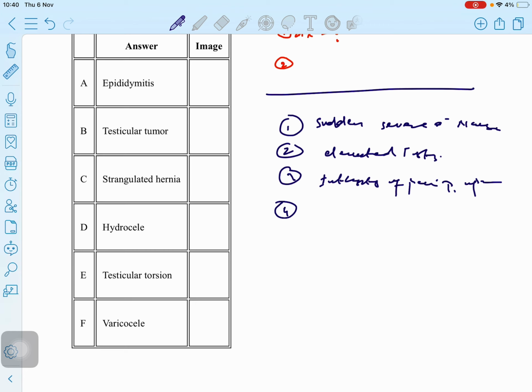What is the cremasteric reflex? For example, when a patient presents to us, we will touch a cold substance or any substance to the inner thigh. When we touch the inner thigh, the testicle on the same side goes a little bit upward. If it is going up, then we will say it is a normal condition. But if it is not going up, then we will say it is an abnormal condition. So the answer here is testicular torsion.